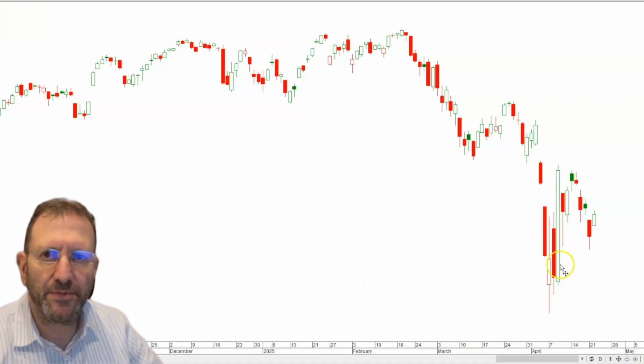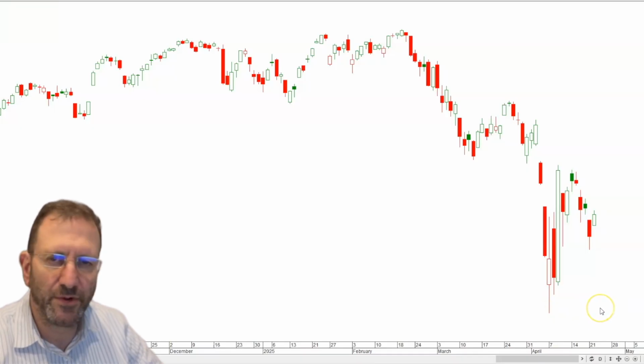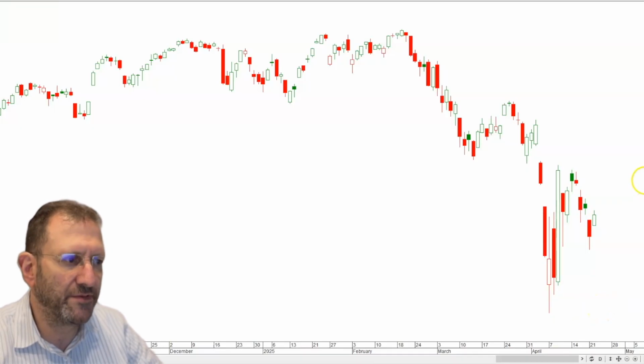So looking at the S&P again, this is the bounce we've had already, moving sideways, perhaps a retest of this 4,900 level, perhaps 4,850, and then a good recovery. So this is very useful for us. If we do have that retest, you know you're going to get a really high probability buying opportunity.